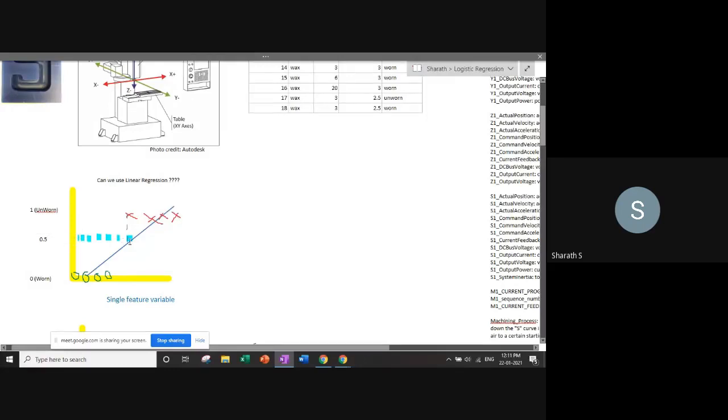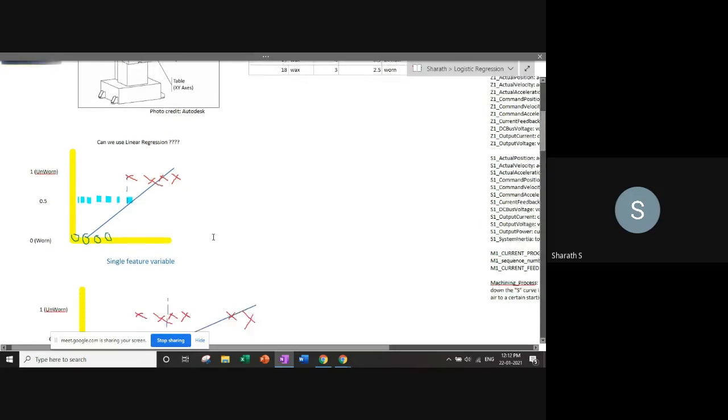Okay, so now when you take this 50% probability point, you are predicting the values only on this line. Then you say this is a cutoff point: anything below it is unknown, anything above it is known. Probably it is doing its job. So now you just look at it. This simple linear regression itself has classified the known and unknown classes altogether. It's too simplistic. It has done its job, but what's the problem?